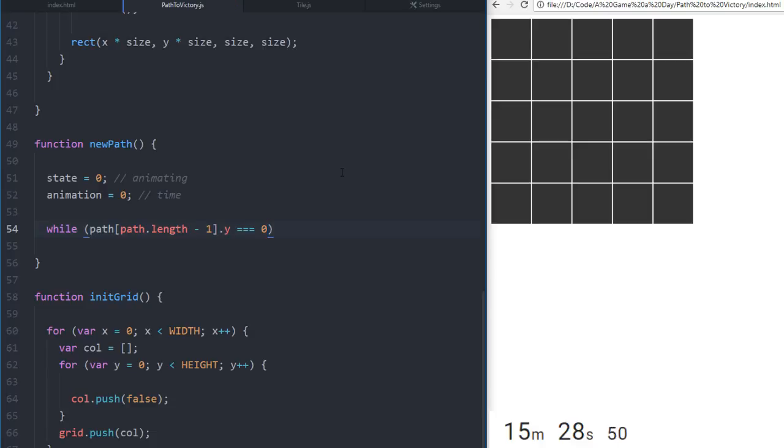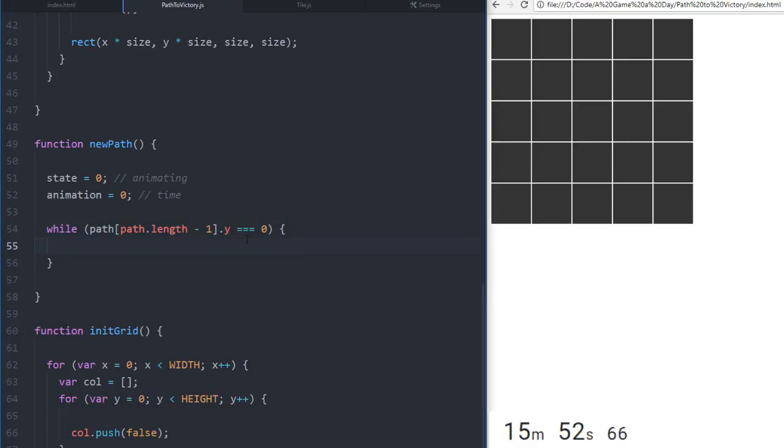There we go. So the y just needs to be equal to 0. We'll start from here and it's going to be random. The y just needs to be 0. It's always going to start here and it's always going to end at one of these. So while path doesn't equal 0,